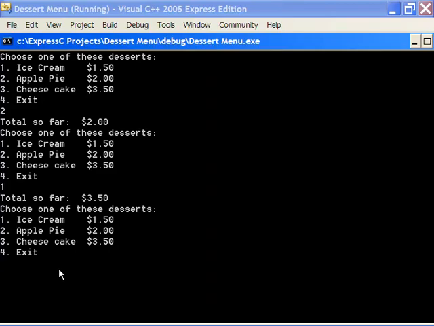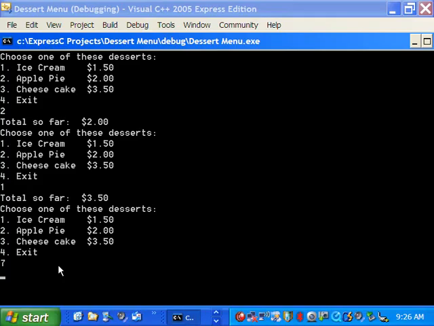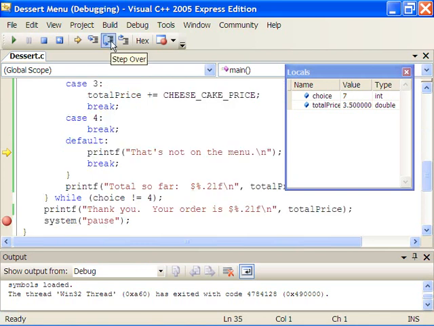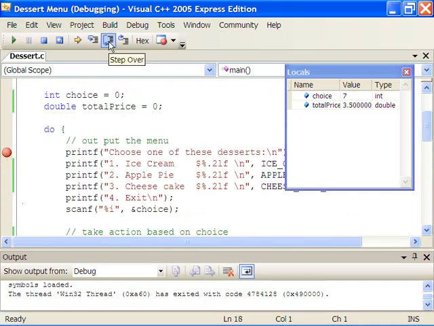and this time let's choose 7 off of the menu. See what happens in the switch statement when choice is equal to 7. You should be guessing it will drop to the default case and output that's not on the menu, and then it outputs total so far. 7 is not equal to 4, so we'll output the menu again,